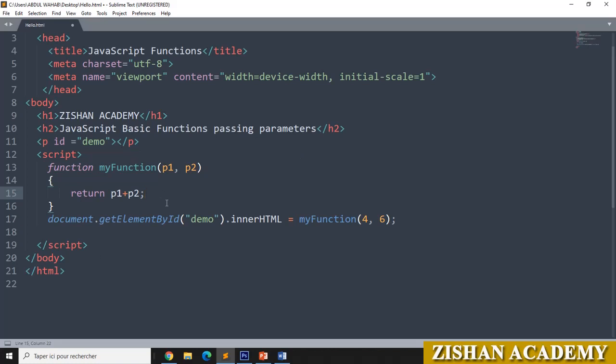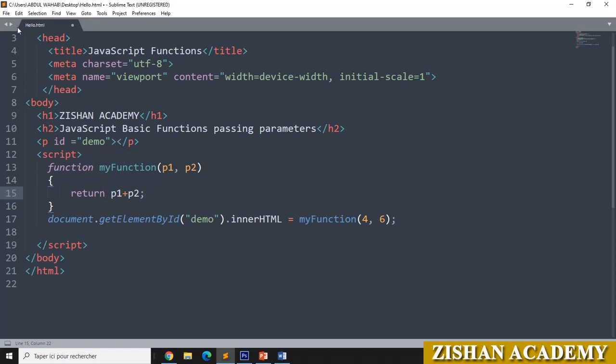Now actually we are writing our program. Here in demo, that is in P, we are calling this function myFunction. We are passing this value 4 and 6. This 4 will come to p1 and 6 will come to p2. Inside this one we are adding 4 plus 6, it will be 10 and it will return the value here as 10.